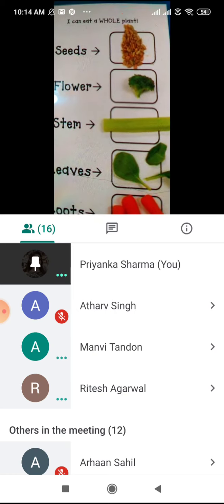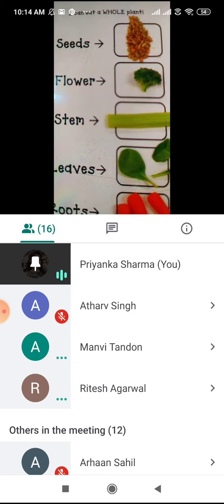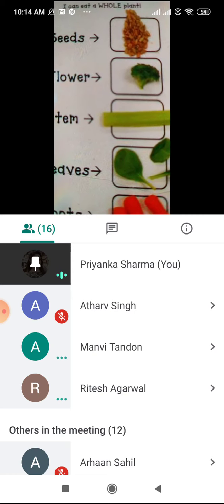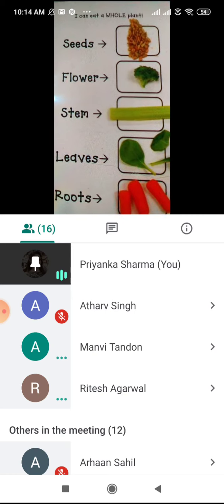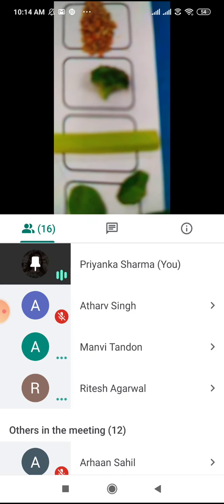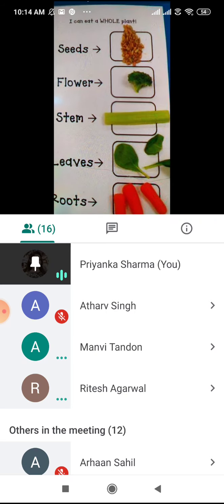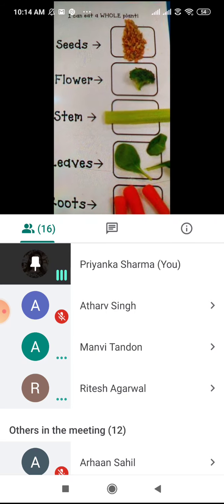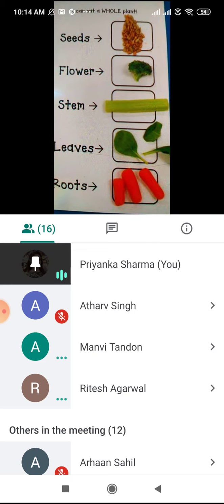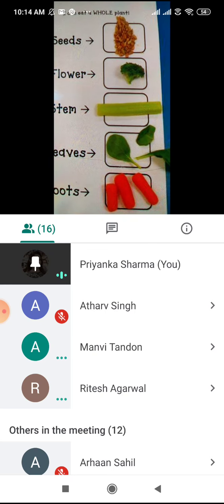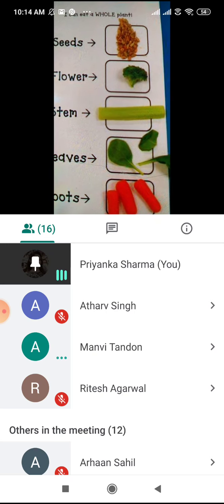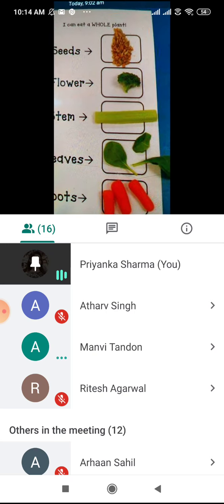Okay, then flower. What we eat? We eat broccoli. Broccoli is a flower. Cauliflower we eat. Cabbage we eat. So these come in the flower. So you can take one piece of broccoli or a piece of cauliflower, wrap it in a cellophane, stick it in the copy. Copy means sponge paper. Then stem. Stem of any plant that we eat, sugarcane or anything, stem, radish, you can stick that.